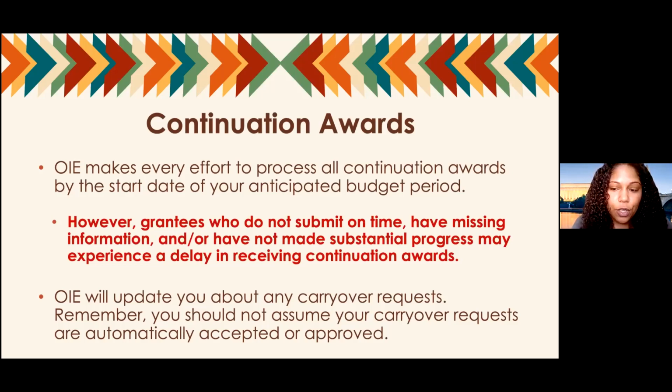So, you will know if you receive your carryover really closer towards September and October when you receive your new continuation award. So you will receive a GAN. That GAN amount on there will only be your year two funds. Your GAN does not include carryover funds. But once you receive that new GAN, if you did not receive a reduction, then you know that every single thing that you have on the GAN and in G5 is for that year.